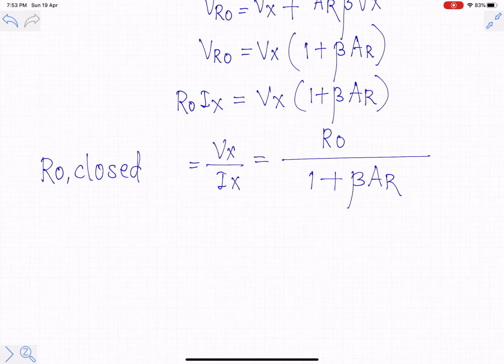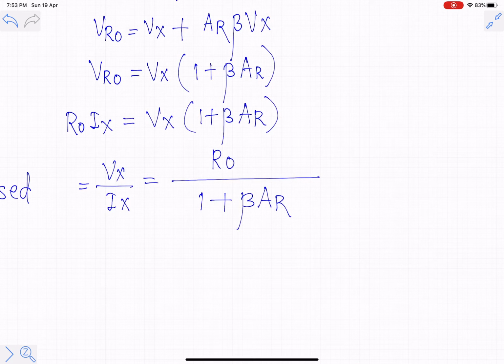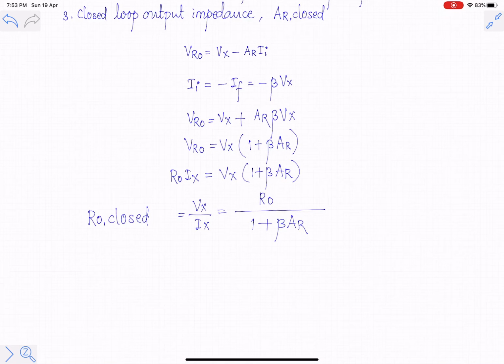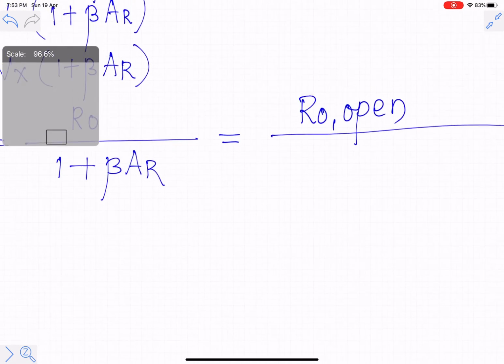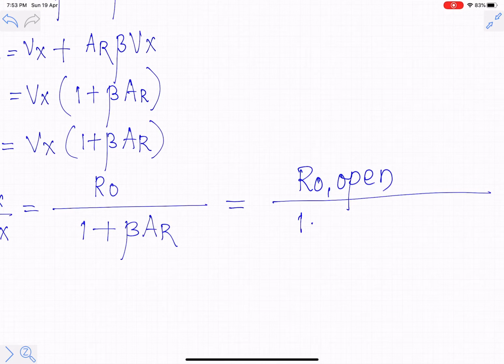So we can write this as RO closed as RO open divided by 1 plus beta into AR open. So in this case also, the output impedance reduces by a factor 1 plus loop gain,